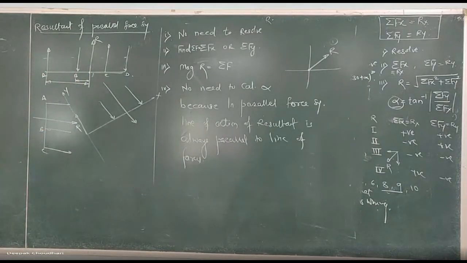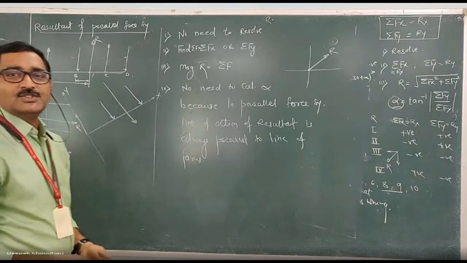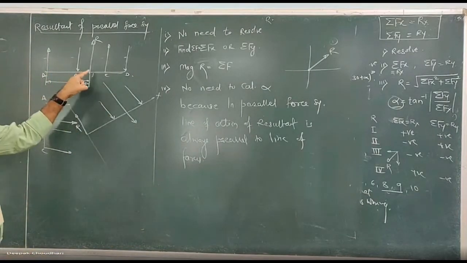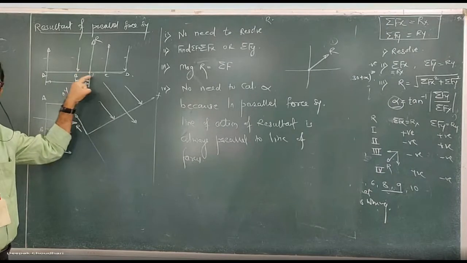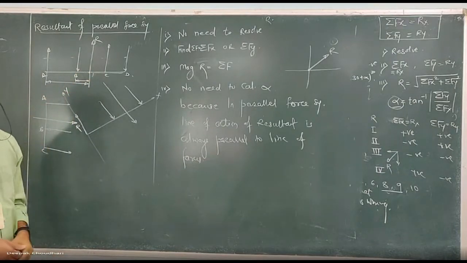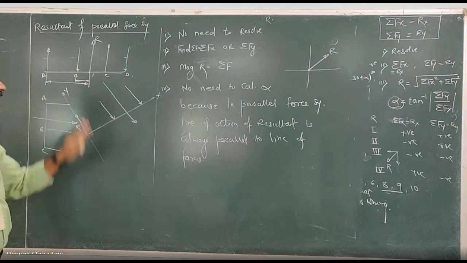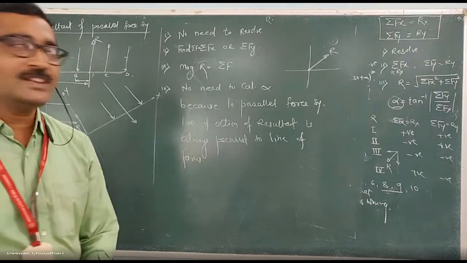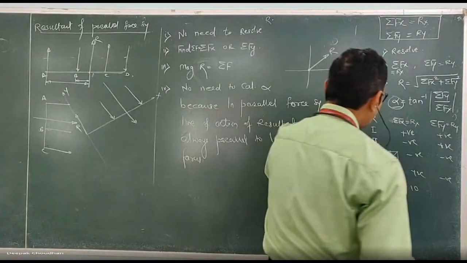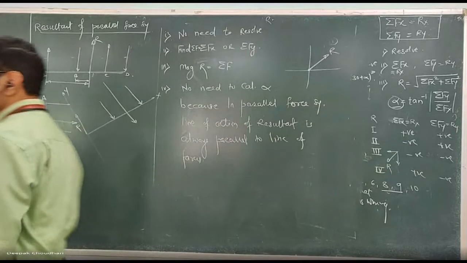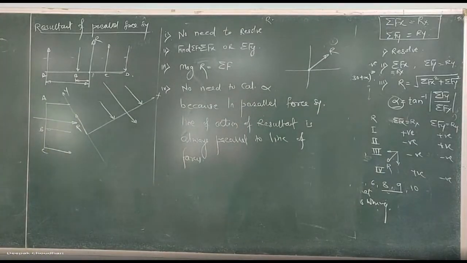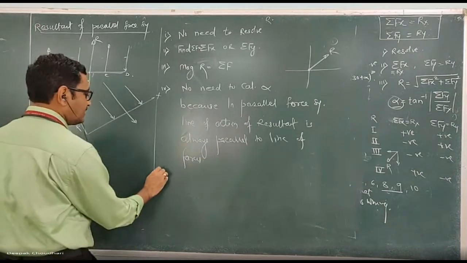Okay. So in case of a parallel as well as जो general है, उसमें भी you have to calculate the position of that resultant, means the point of application of that resultant. Okay. So the question is how to calculate the point of application of the resultant. यार concurrent में उसका जरूरत नहीं था. So in case of parallel and general force system, you have to find out the point of application of the resultant.